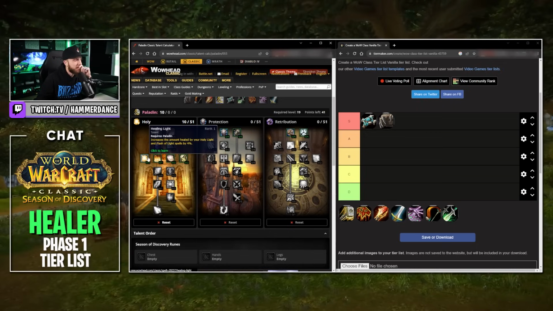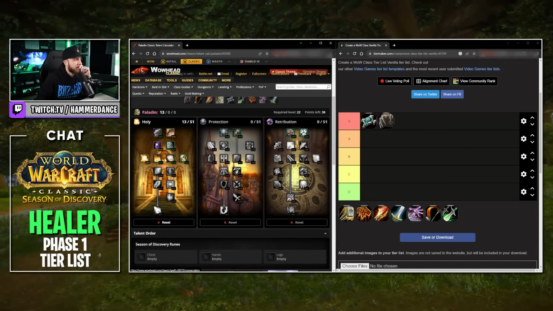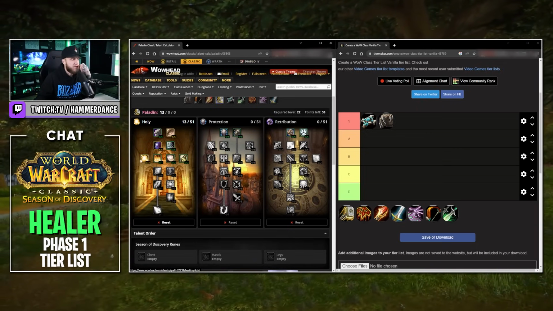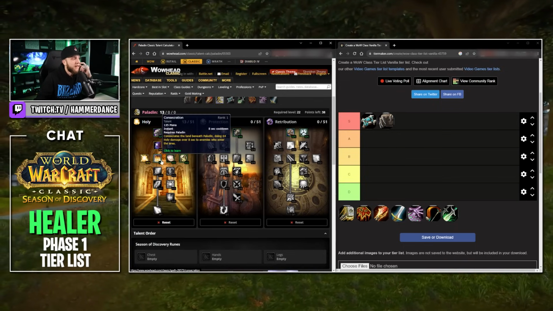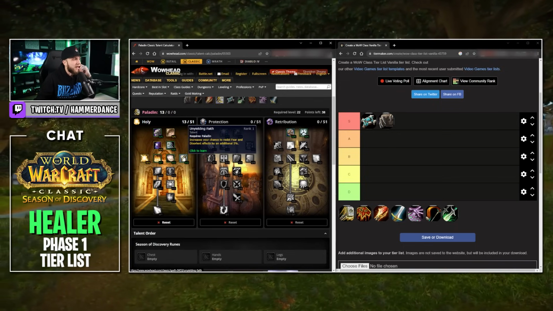And we have 6 points left to use. So we're going to take Healing Light, 3 points into that, 100%. We want that 12% increase on Flash of Light and Holy Light. And then we can either take...